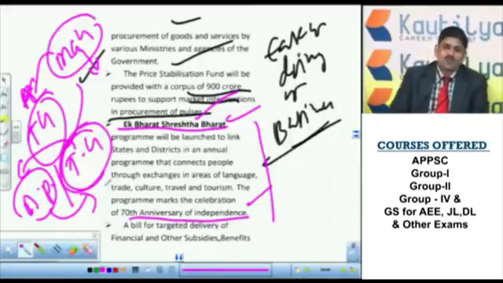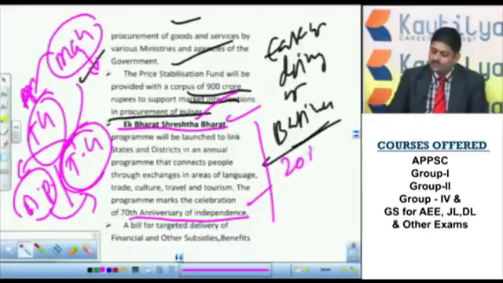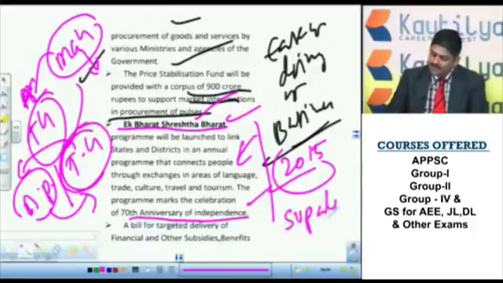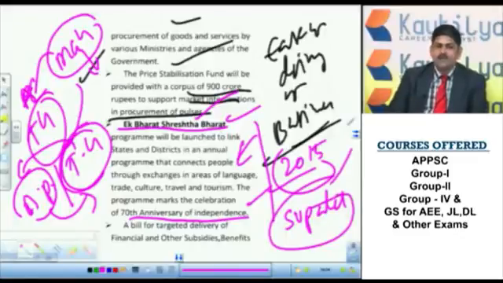However, when this program was actually declared in 2015, the Prime Minister himself said that, in order to promote the idea of Sardar Vallabhbhai Patel, who united this whole India, the first Deputy Prime Minister and the first Home Minister of India, on his birth anniversary, this scheme was declared. This is to promote the different cultures of India across India. That means one state's festival, one state's culture is shared with the other state, so that the feeling of Ek Bharat, Shresth Bharat will be built.